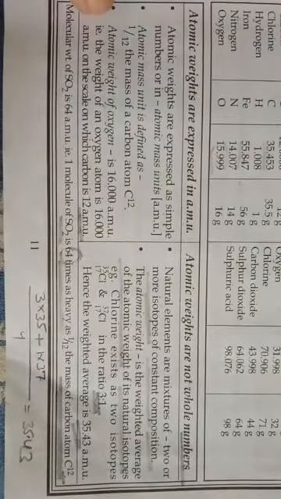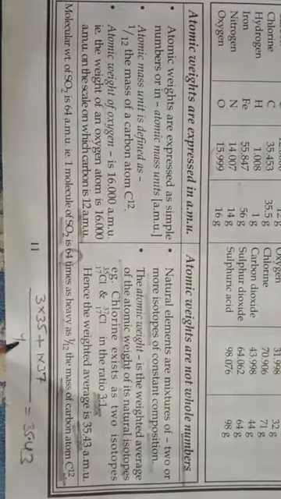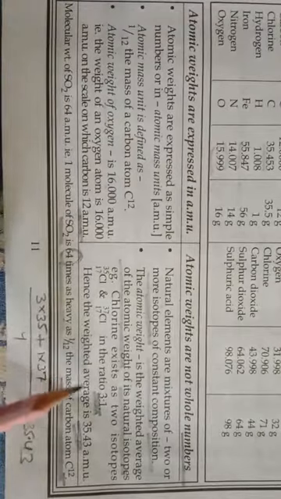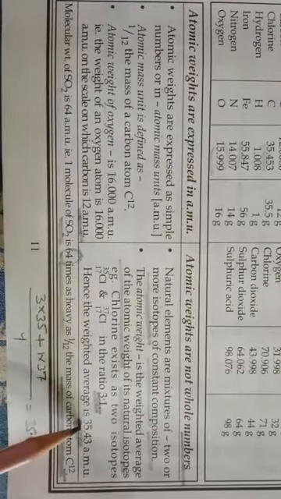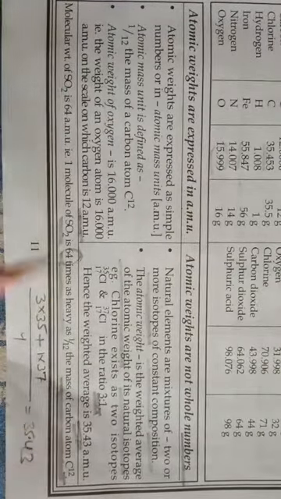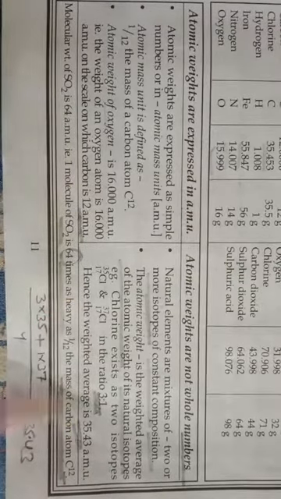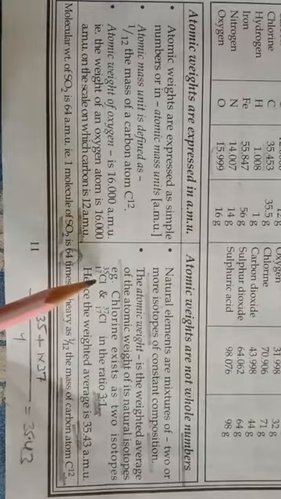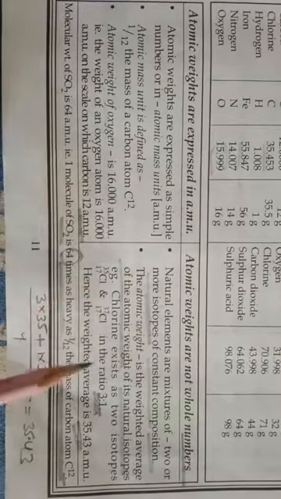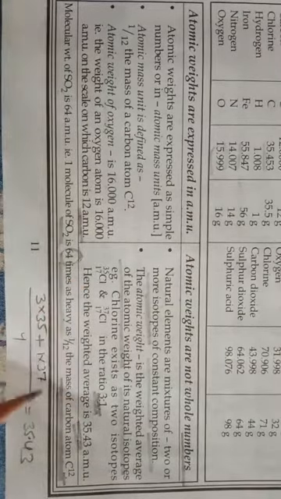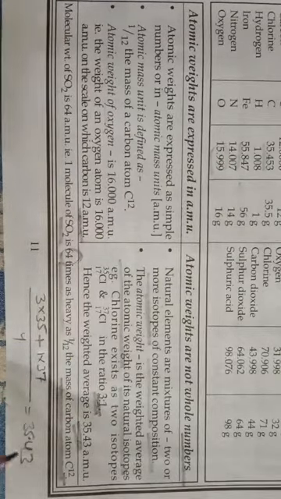35.43. Okay children, so in the same way you can calculate the average atomic weight of other elements, but you have to know which isotopes of that particular element exist naturally and in which ratio. Okay, so with the help of this relation you can calculate average atomic mass.